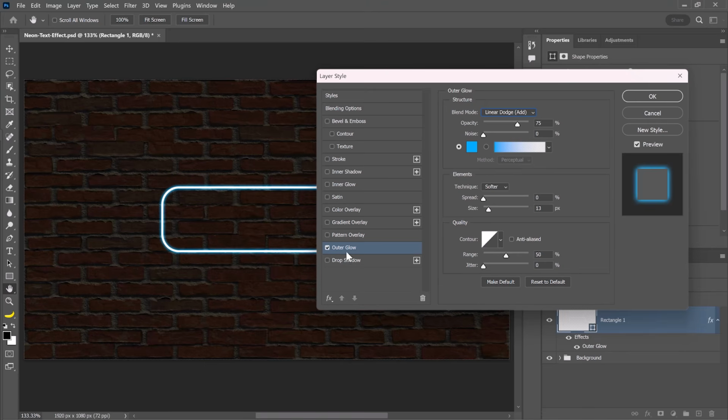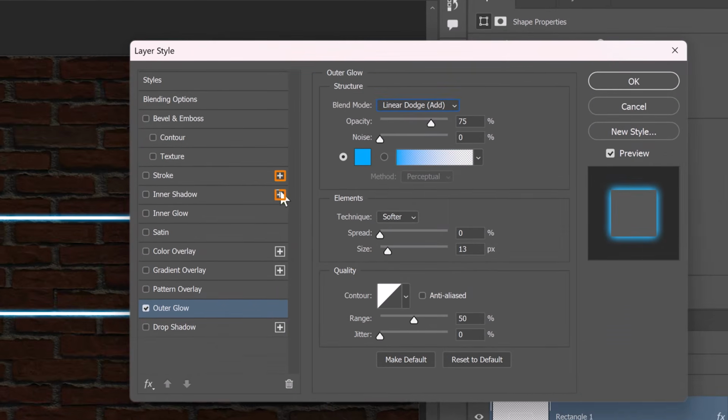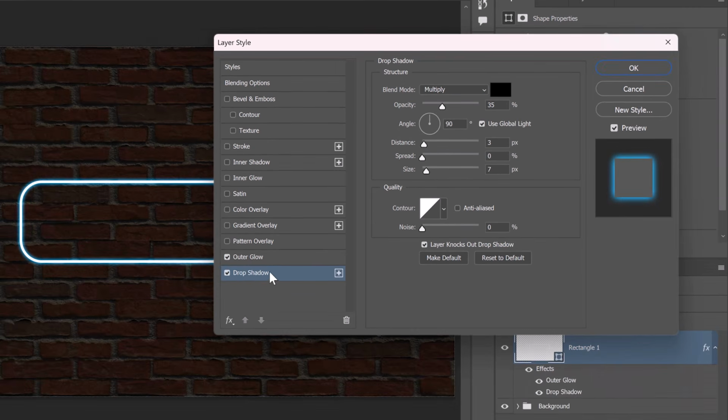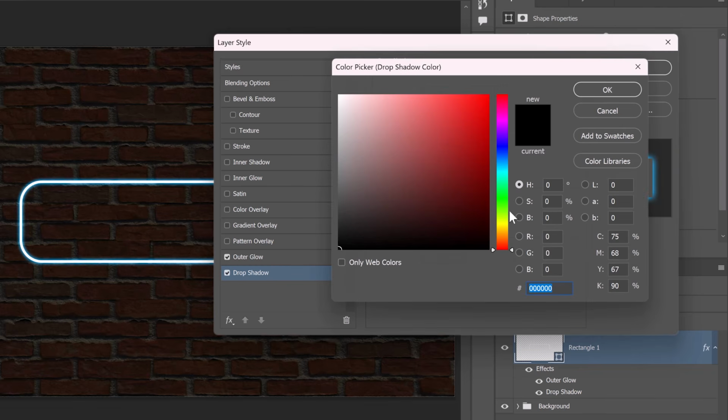Next, we'll intensify the glow effect, but unfortunately, we cannot add another glow like we can with other layer styles. Notice the plus icon. Other layer styles could be duplicated, but not the glow. So we'll use a drop shadow instead to enhance the glow. First, change the blending mode from multiply to linear dodge add, which creates a glow instead of a shadow. And we'll add the same color. So we'll make the saturation 100, the brightness 100, and the hue will be 200, which is the same blue,